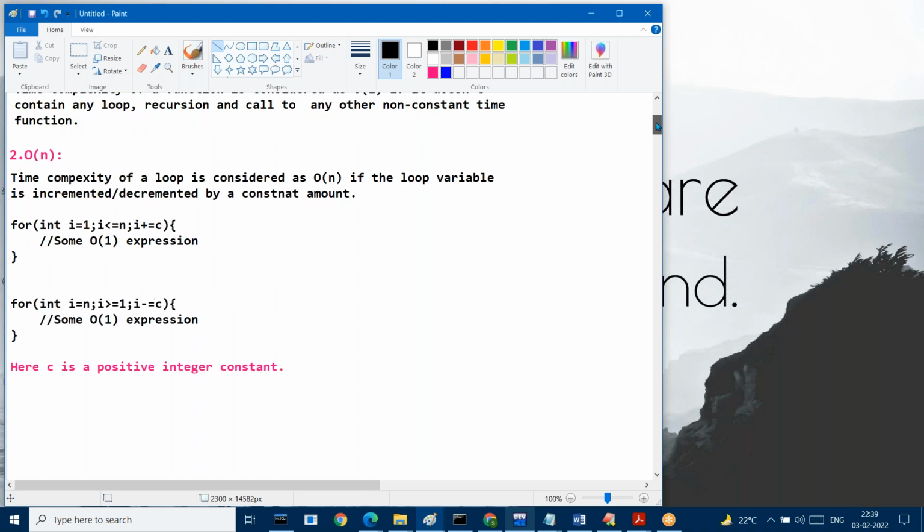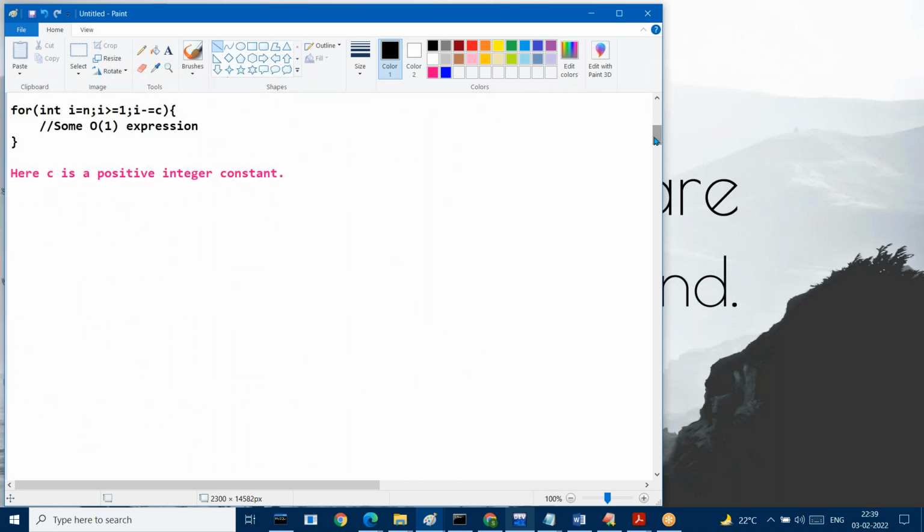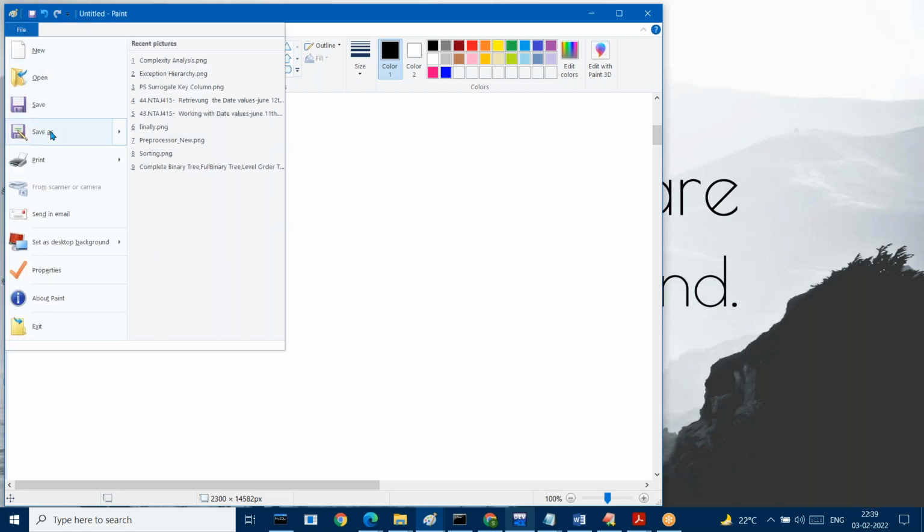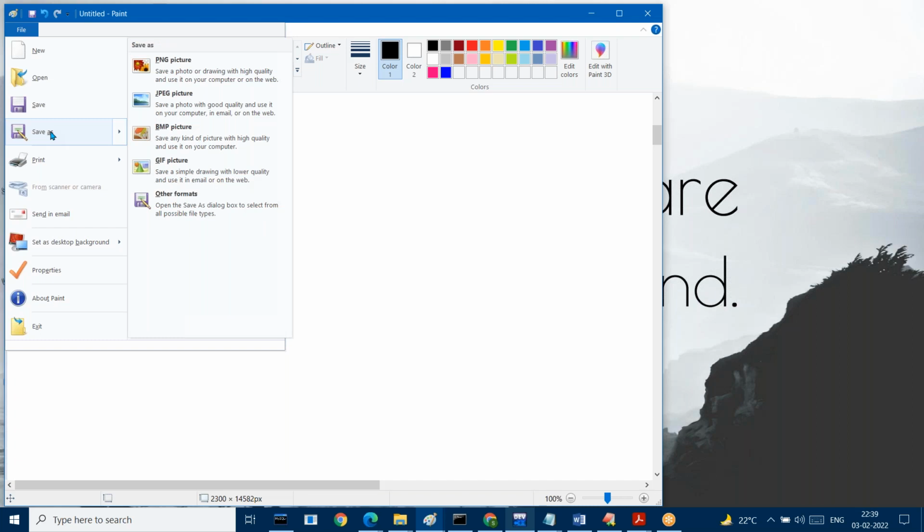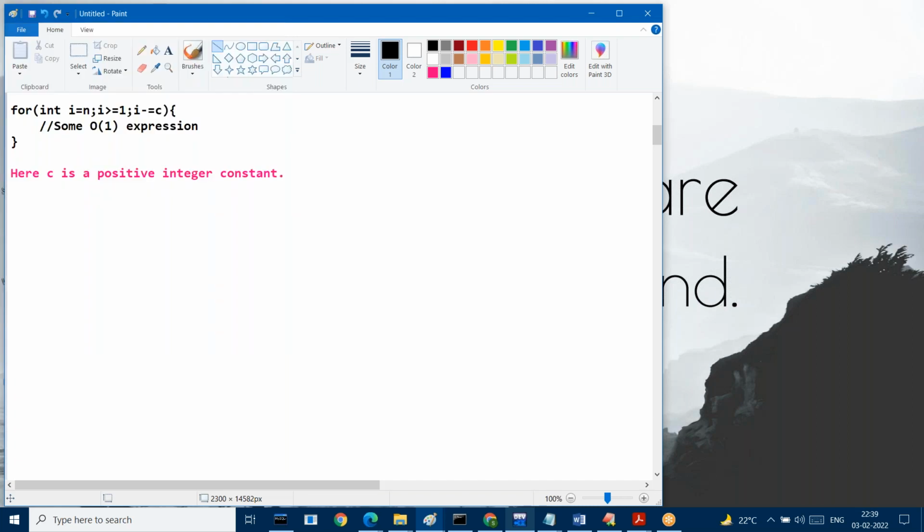Today we have discussed 2 things, order of 1 and order of n. Just 3 more: order of log n, then n square, n cube, n to the power 3, n to the power 4, 5, 6, anything can happen, but how we will determine that I will discuss